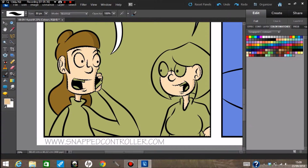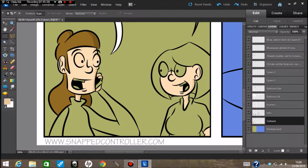Yes, that's about it. Right, now when we've made a mistake like that, we have to go back into the ink layer, and because we're in Photoshop now, obviously the line's not going to be perfect, but you can usually get away with only having to do a little line like that. Back onto the